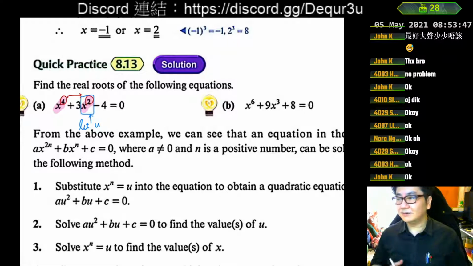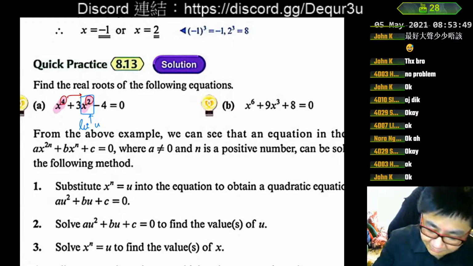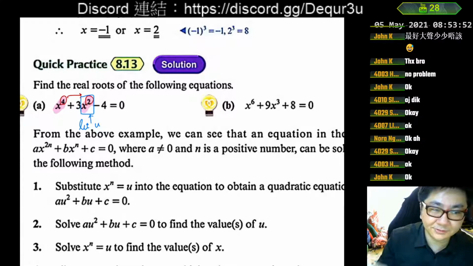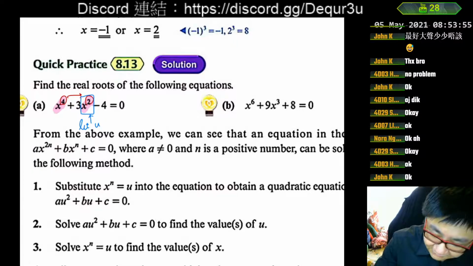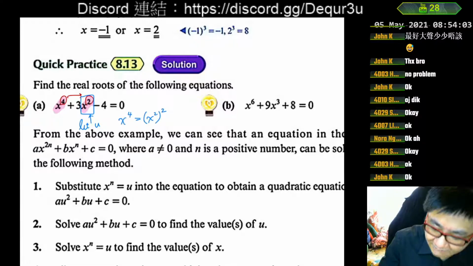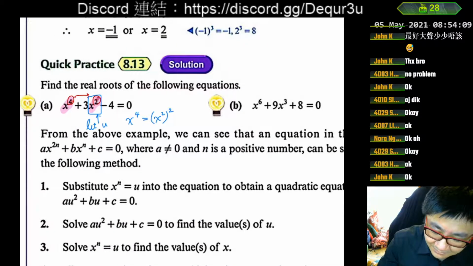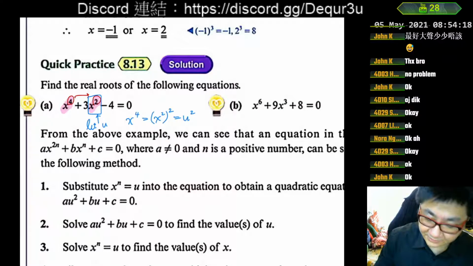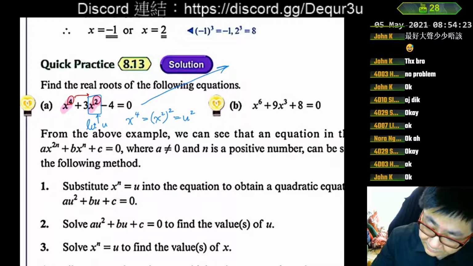Why is the double power important? Because double means times 2. If we let u be the single power, what will be the double power term? Then x power 4 will be x power 2 and then times 2. It's the index law. Because of the double power, this 4 will be the double of the x squared, and that means it can change to u squared. Therefore, this whole equation can be made into u squared plus 3u minus 4 equal